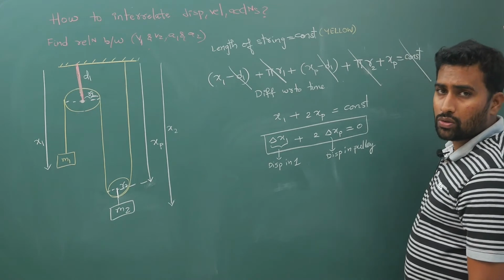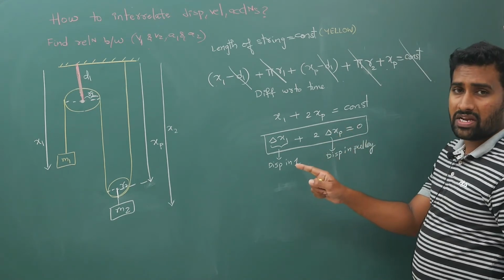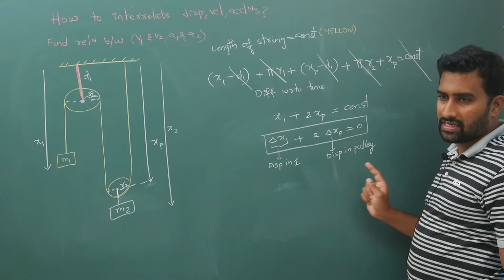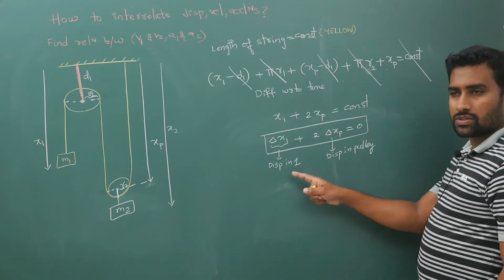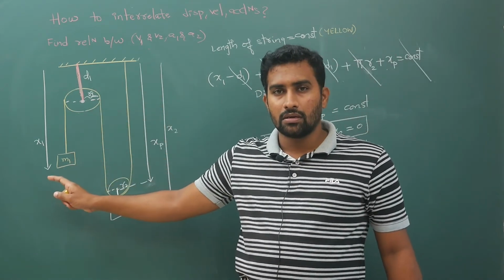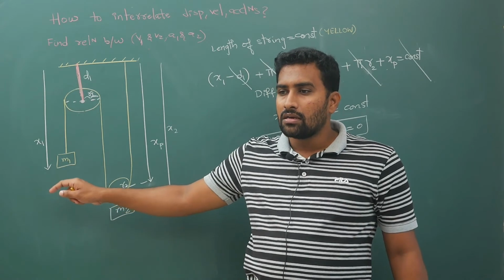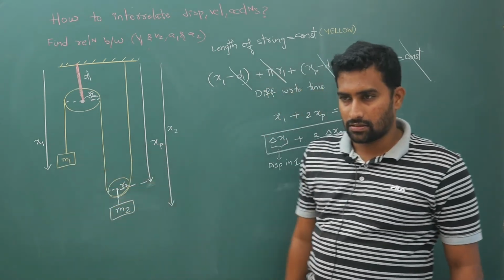Those who want to copy, you have to pause the video clip, draw the diagram very carefully, and write this information. Do not get confused. What is x1? The distance from the ceiling to this point. What is delta x1? In some small amount of time, the change in position of x.